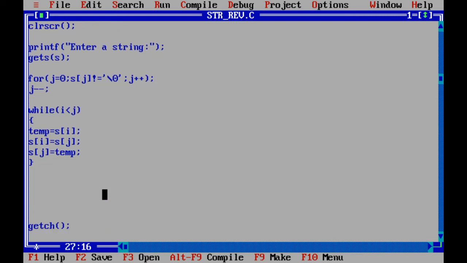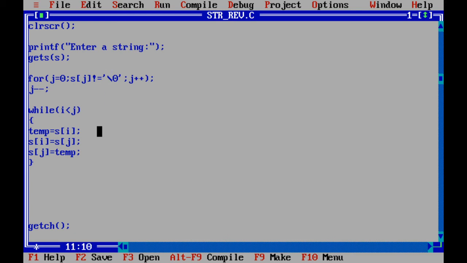See what is happening here. While i is less than j, these three lines will be repeated. And what are those three lines? They are nothing but interchanging or swapping of s of i and s of j.